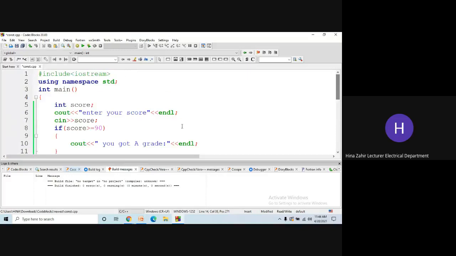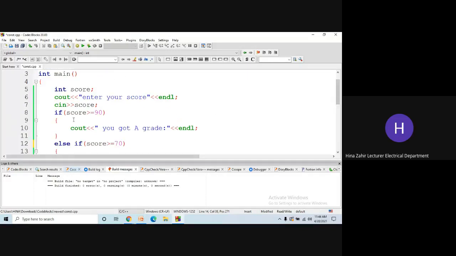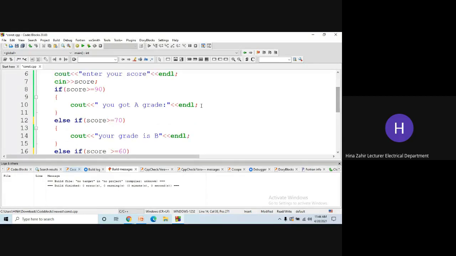But if this if is false, then according to our previous knowledge it goes to else. But we do not have only one condition. If this is false, then do this. No, we have to check it for multiple. Then what we are doing is writing another if inside this else. So the compiler will come to this else if this if is false. Now inside this else it will check if this if is true. No, this if is false, then inside this we have written another